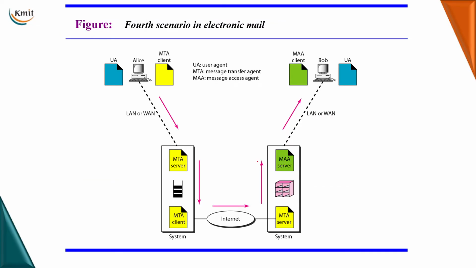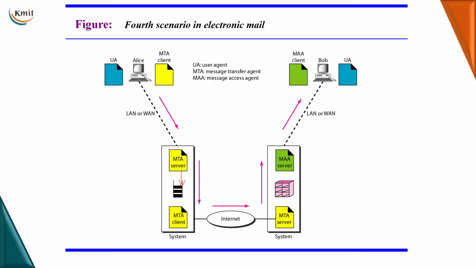Then coming on to the fourth scenario, which is the most common scenario these days, where both Alice and Bob are not connected to their systems directly, but they are rather connected to the system using a LAN or a WAN connection. So Alice will construct its mail using a user agent and will send through the MTA client. It will send a mail to its mail server using a LAN or WAN connection, and here the MTA server